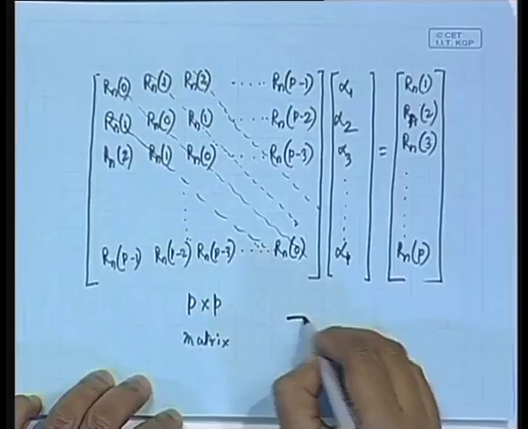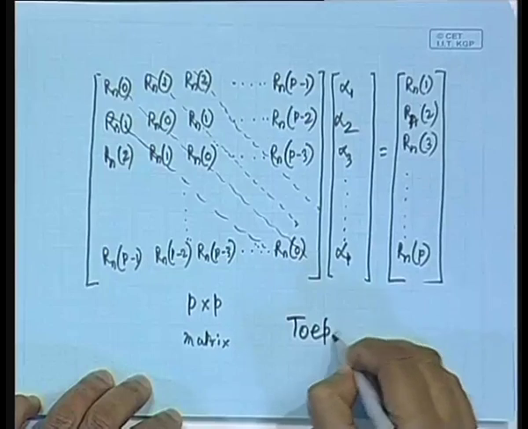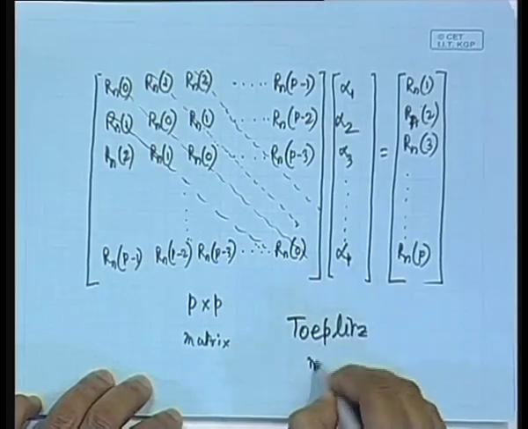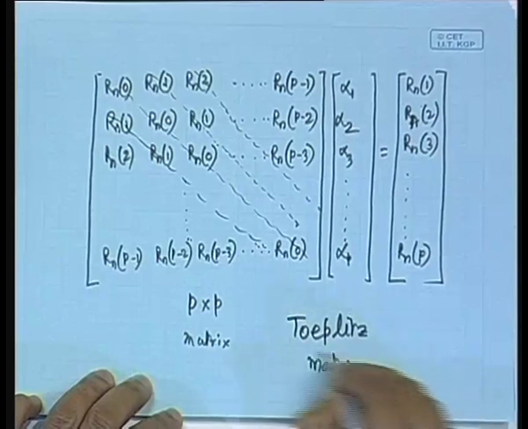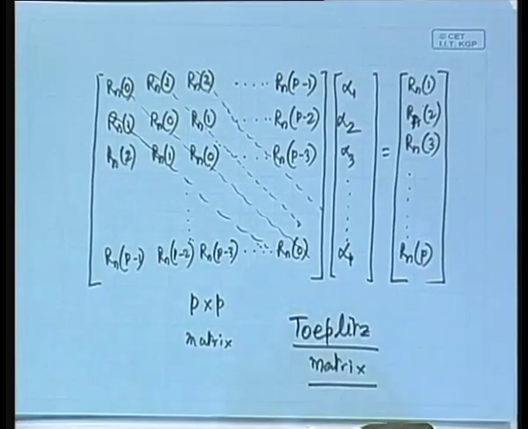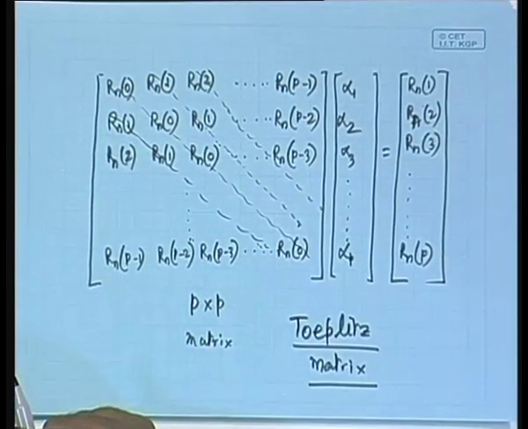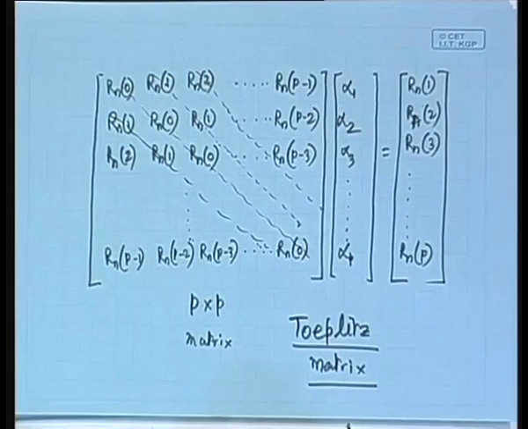Yes, the correct answer has already come. This is called the Toeplitz matrix. Right, very interesting matrix. So it is not just symmetric, but it is a Toeplitz matrix. The beauty is that very nice iterative solution techniques are available already for Toeplitz matrices, and we can make use of that in order to solve for this alpha 1 to alpha p's, because after all what we are supposed to